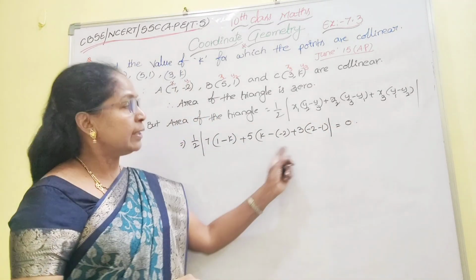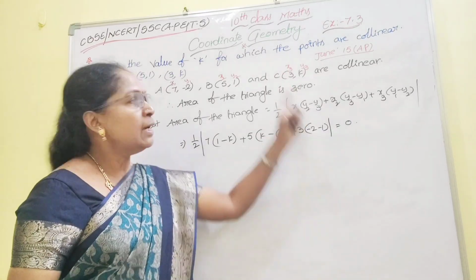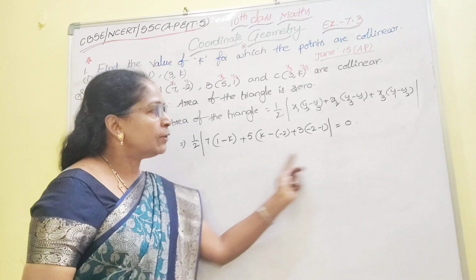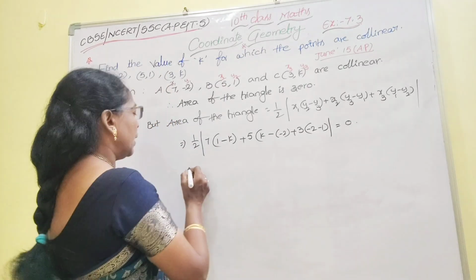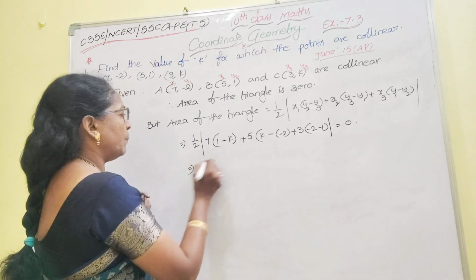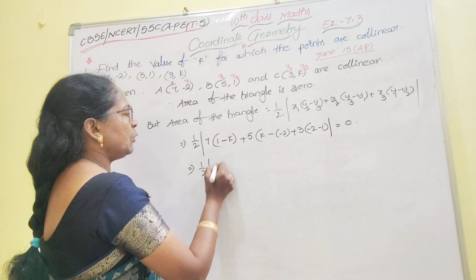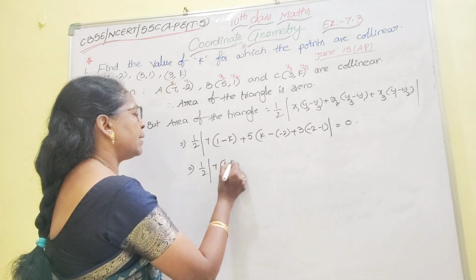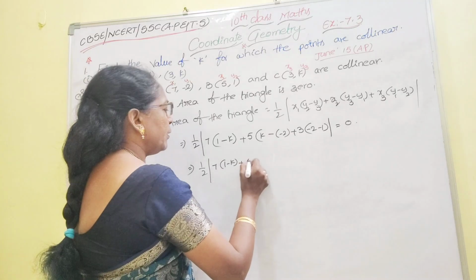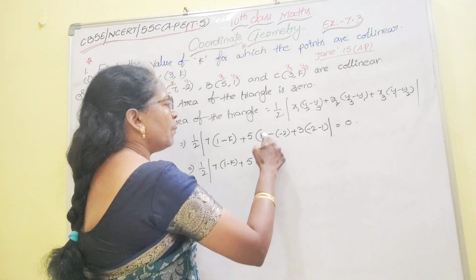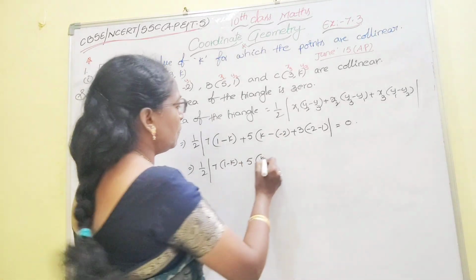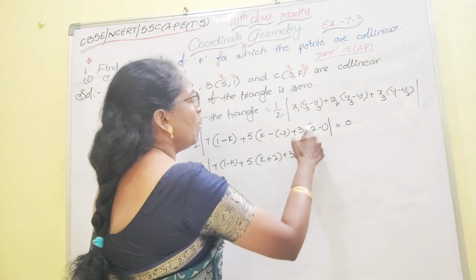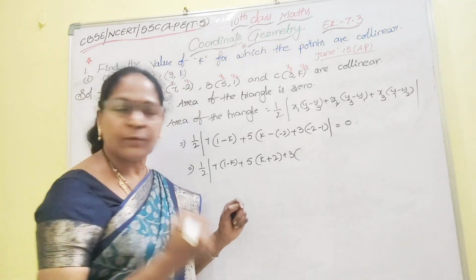You have to equate this value to 0. Why? Because the condition given is these 3 points are collinear points, so area of the triangle equal to 0. Now here half, it implies half 7 into 1 minus k, plus 5 into k plus 2, next plus 3 into minus 2 minus 1, that equal to minus 3